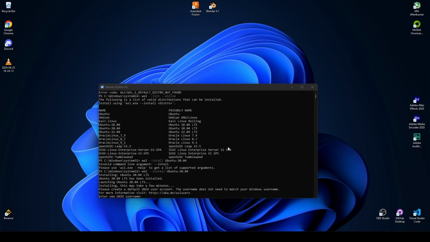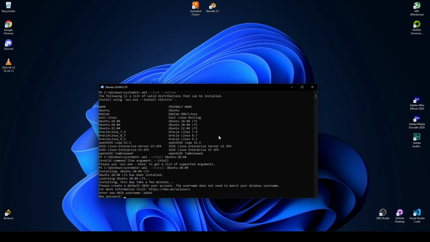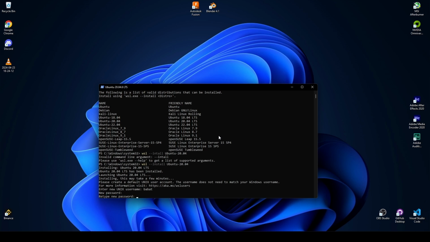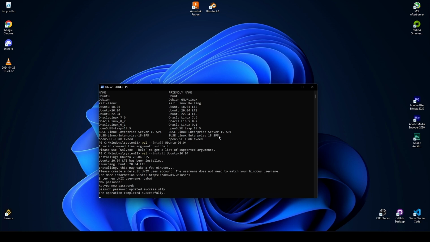After we successfully install, we need to enter our new UNIX username. Here I just type a username, and we need to enter our password. Hit enter and then retype the new password. This password is set successfully, and the installation of WSL Ubuntu is complete.